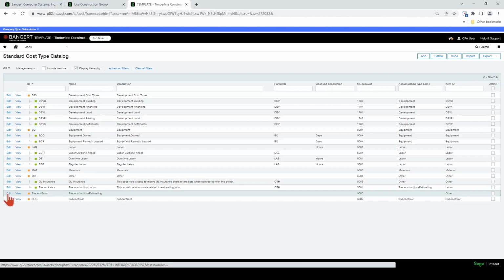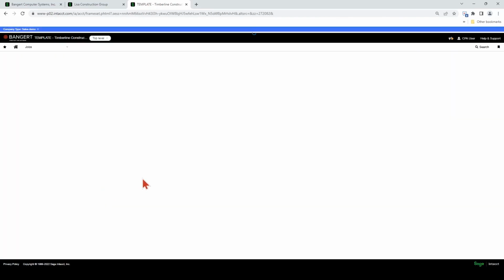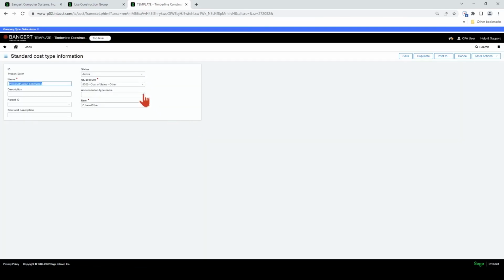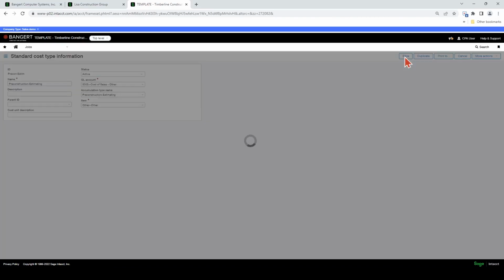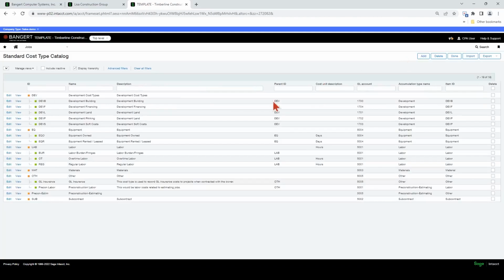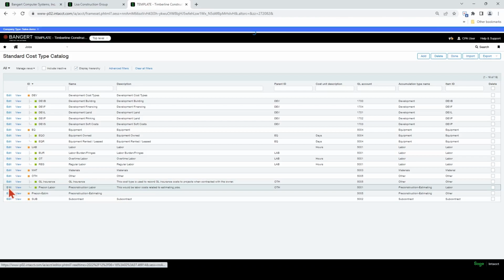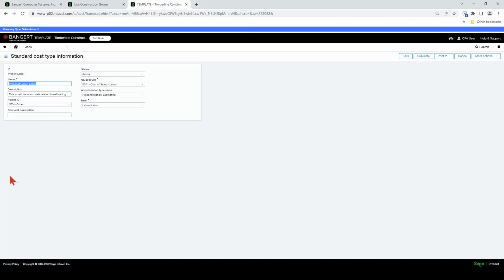The parents in here. So let's go back here though and edit. We need to put our accumulation type name in here. It's not required, notice, but we want to put that in there. And let's hit save again. Okay, so now we've got our top level category, and we've got our accumulation type over here. So now we want our pre-construction labor to go under there. So let's come over here and edit that